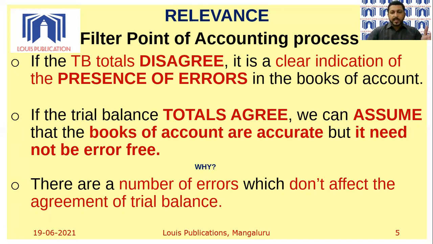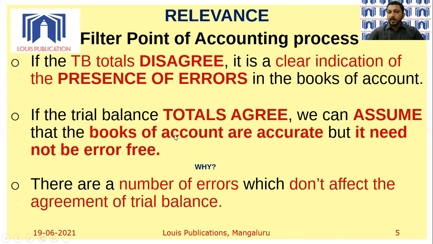And because the business has not passed a journal entry, there is no change in both cash and sales account, and it doesn't appear in the respective ledger accounts as well. Similarly, in the cash book or cash account, it does not appear at all. So the trial balance will still agree because both the debit and the credit are missing. This is just one example. Likewise, there are various kinds of errors which do not affect the agreement of the trial balance.